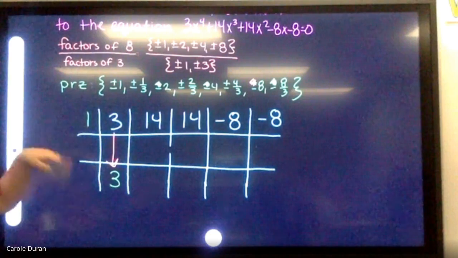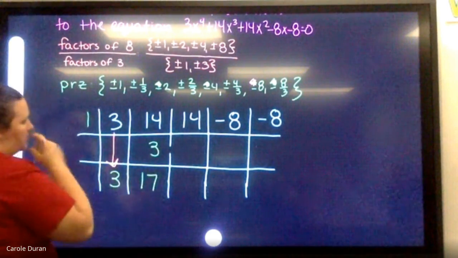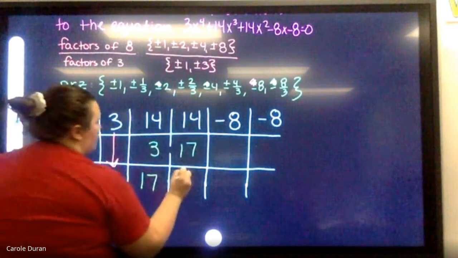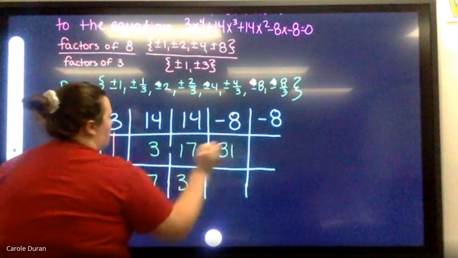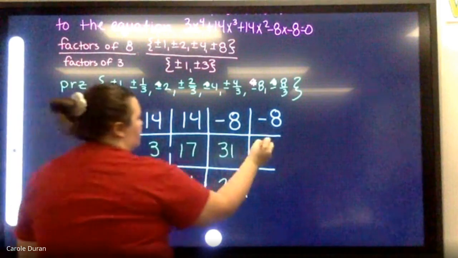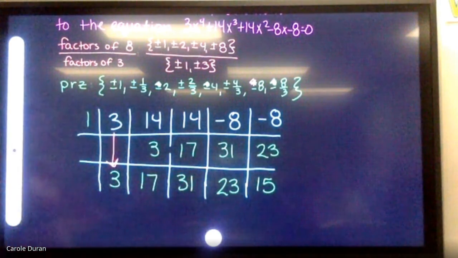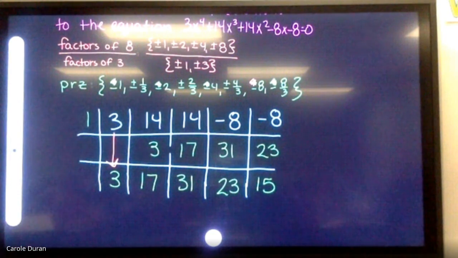We drop the 3 straight down. 3 times 1 is 3. 14 and 3 is 17. 17 times 1 is 17. 14 and 17 is 31. 31 times 1 is 31. Minus 8 is 23. 23 times 1 is 23. Minus 8 is 15. So it did not come out even, but it did come out with no sign changes,